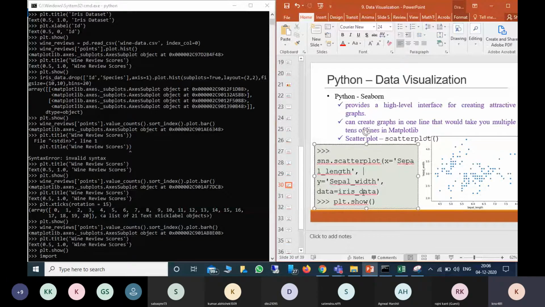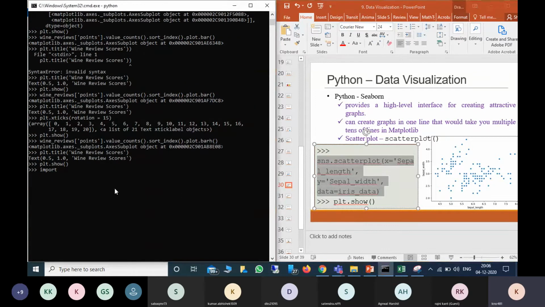So now what I can do is we can give them directly. Now what I'm doing is import seaborn as sns. So this package I'm importing as sns. Now for this scatter plot, first I will say scatter plot. For this one I have a function called scatterplot. So for this one what I'm doing is sns.scatterplot